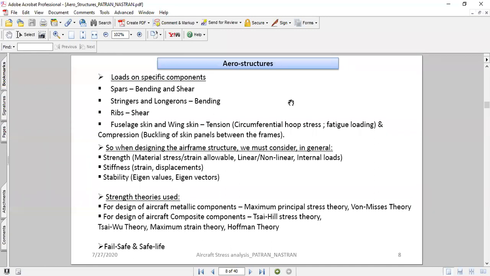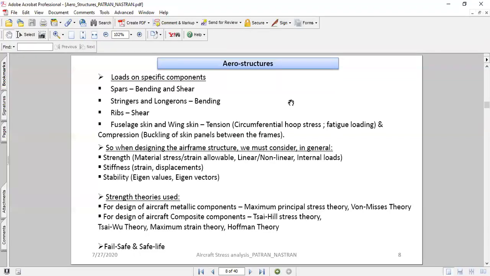And finally, the internal loads that develop due to the external application of force. The second one is stiffness, which is the compatibility things, strains, displacements. And the third is stability, which can be a buckling problem. What are the eigenvalues and what are the eigenvectors?